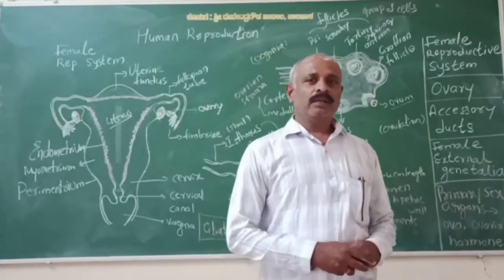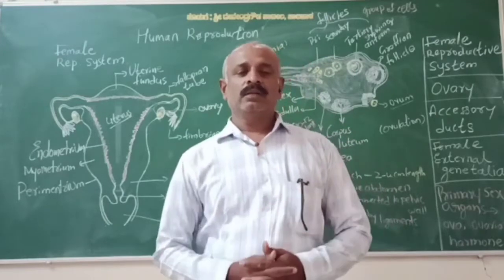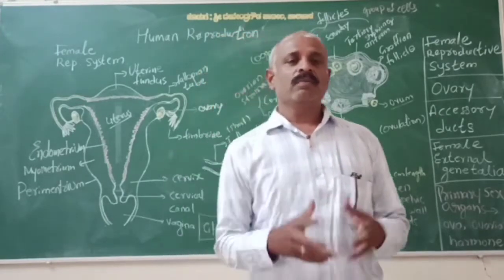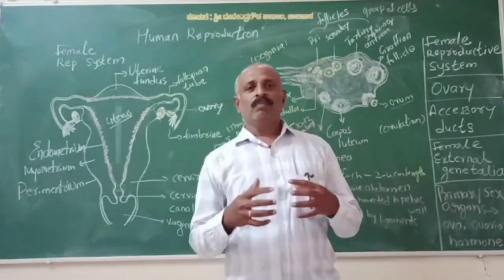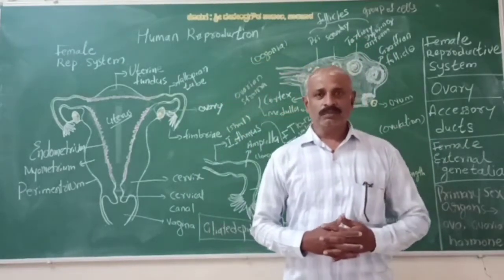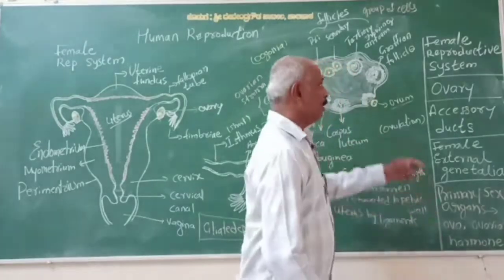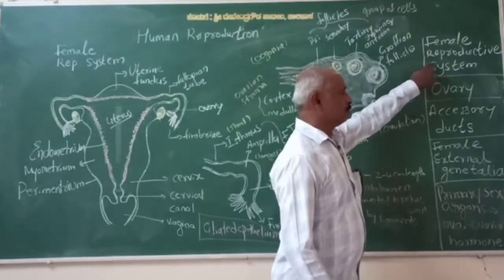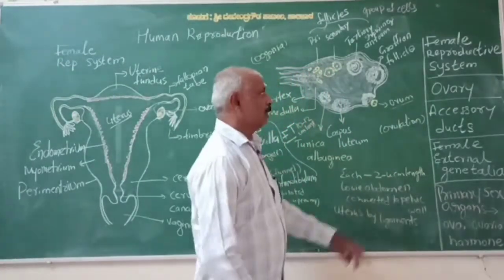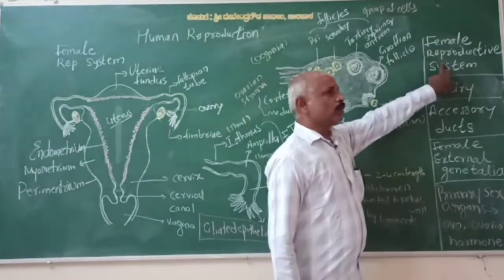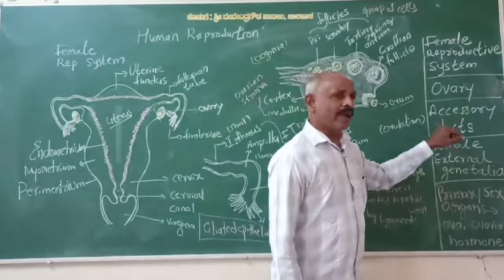In the last class, we have seen the structure of the male reproductive system. With the male reproductive system completed, now we are continuing with the female reproductive system. Today we are going to see the structure of the female reproductive system: the ovary and accessory ducts,